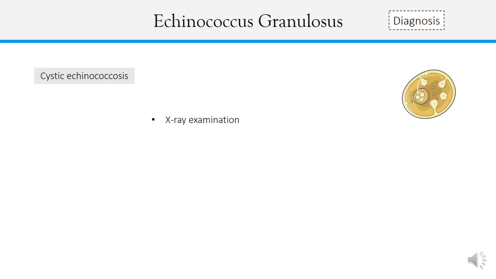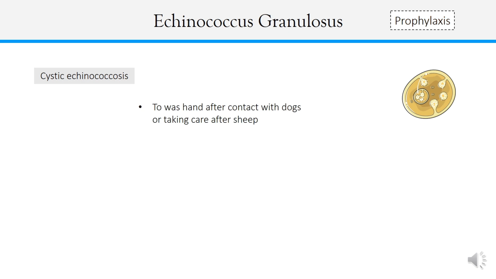How to diagnose this pathology? For this, X-ray examination should be used. Also, it can be identified with ultrasound examination, computer tomography, and immunological methods. But of course, it is much better to prevent than to diagnose, and prevention is much more simple than diagnosing